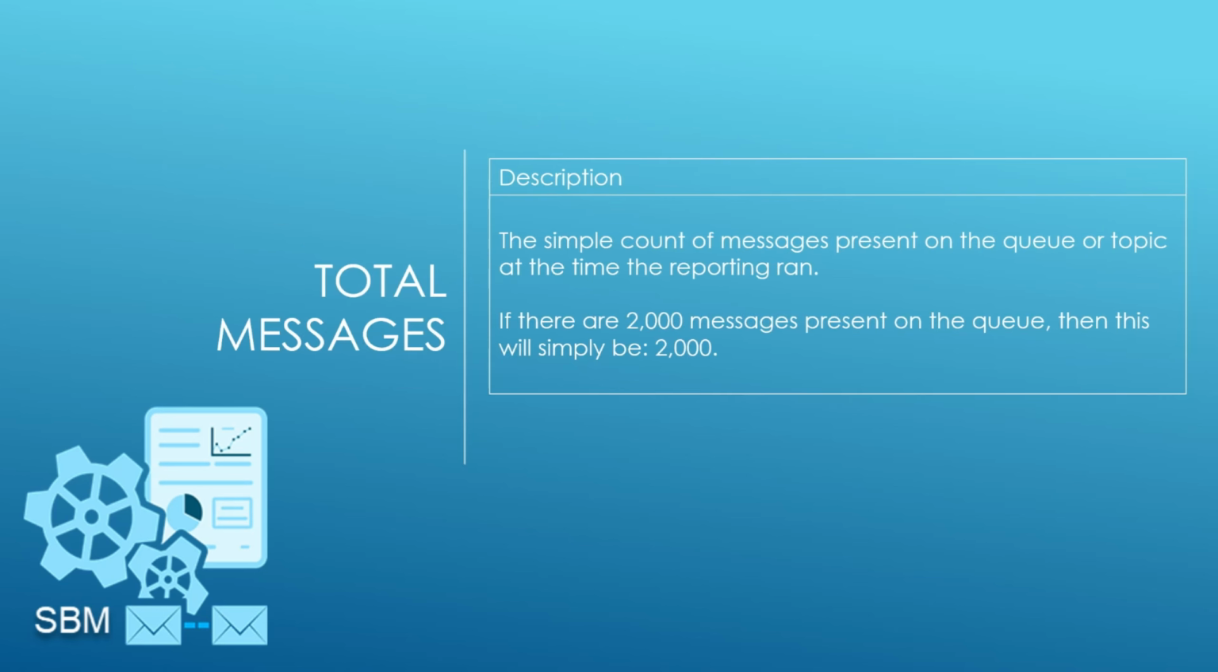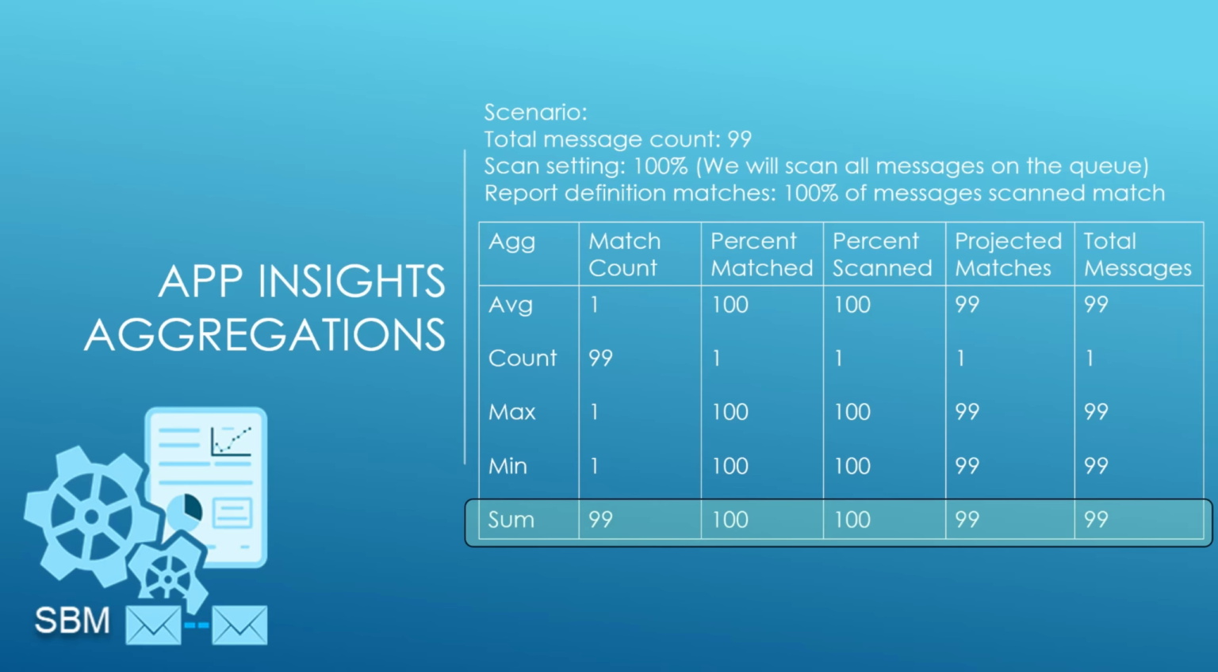Finally, total messages. This is a simple count of messages present on the queue at the time the report process ran. In addition to these value types, Azure Application Insights tracks several values: average, count, min, max, and sum. For the purposes of SBM metrics, you can simply use the sum value. Let's consider a simple